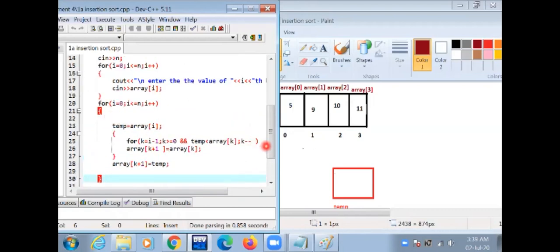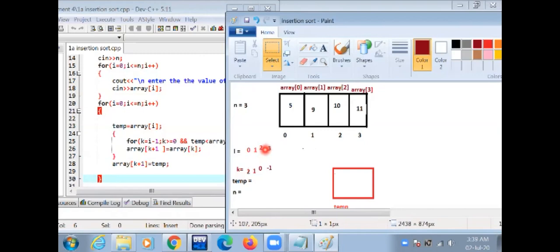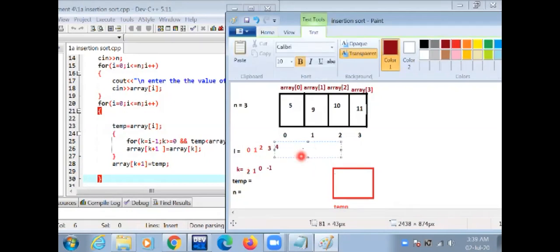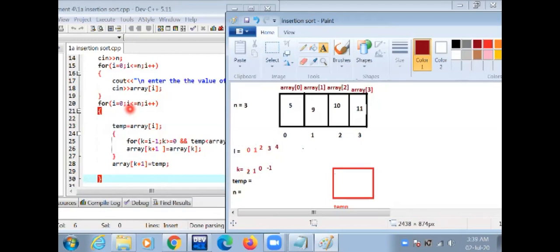Condition check: the value of i is 4, and i less than or equal to n, the condition is false because the value of i is 4 and the value of n is 3.